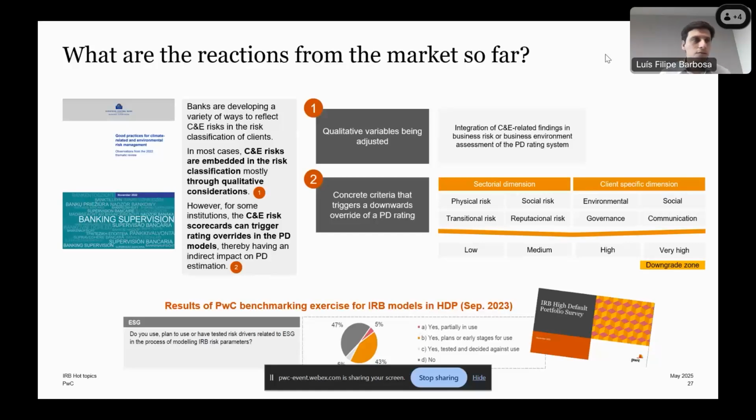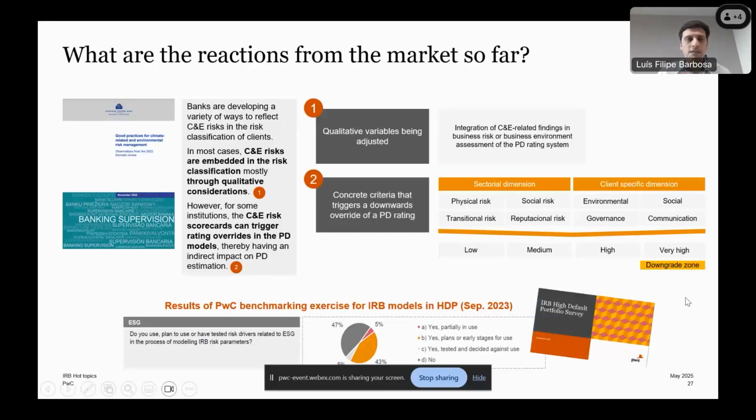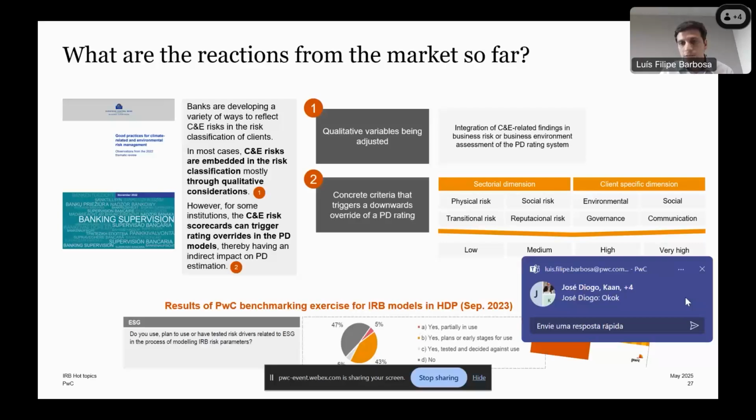And basically, through dedicated scorecards or simply as a direct variable or acting in terms of overrides, that has been the most, I would say, easy way banks are acting in trying to use the current models and adapt them to reality. As I said, that is not so easy to address as it is linked to the